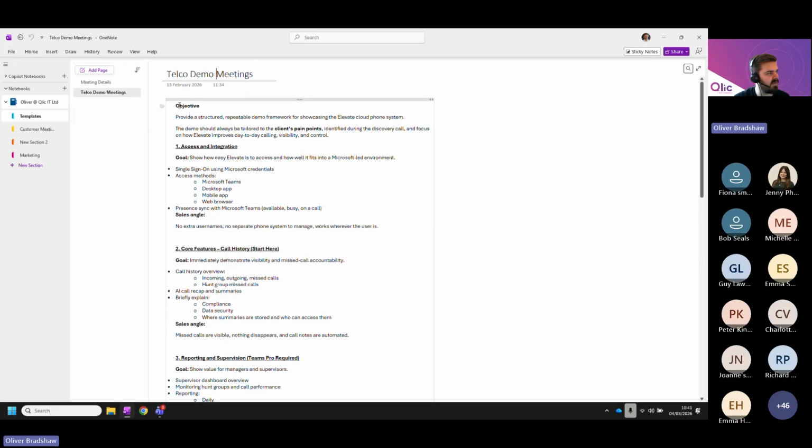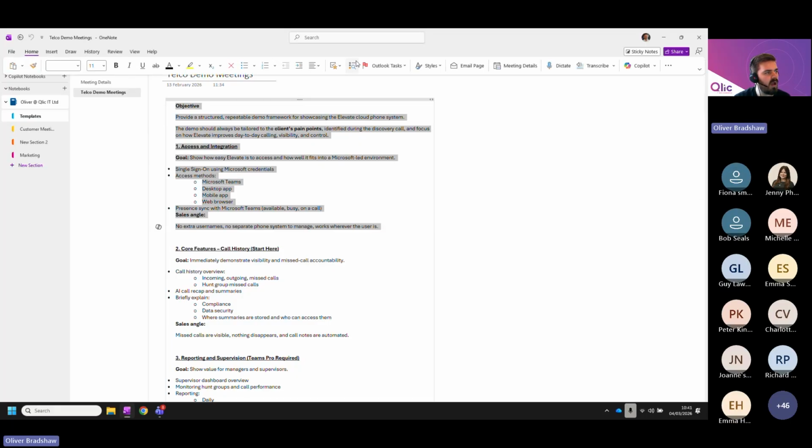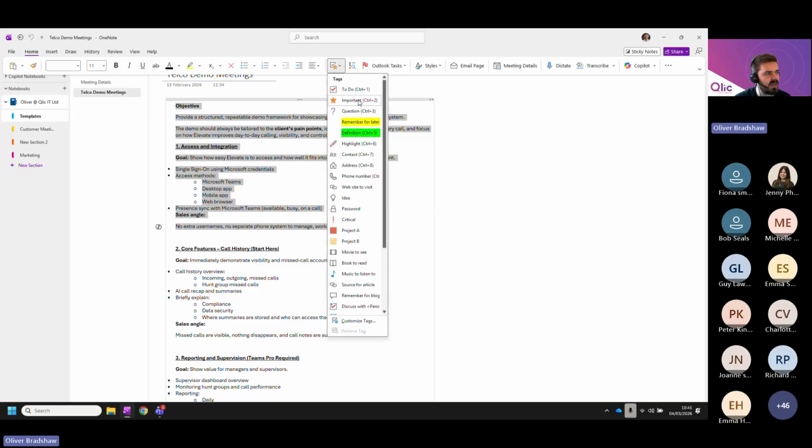And what you can do, a couple of the features, if you highlight, let's say, the first section here, and then go to home, I have some options up here of what I can do, and quite simply, I can insert tags. So let's say I want to assign this to a member of the team, or if it's all personal notes, because